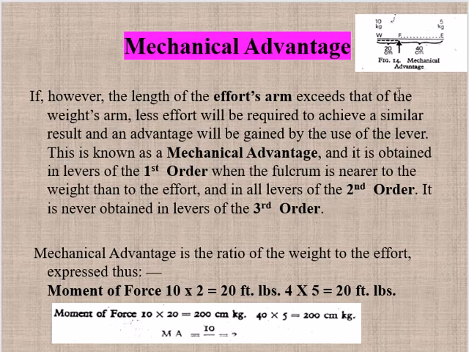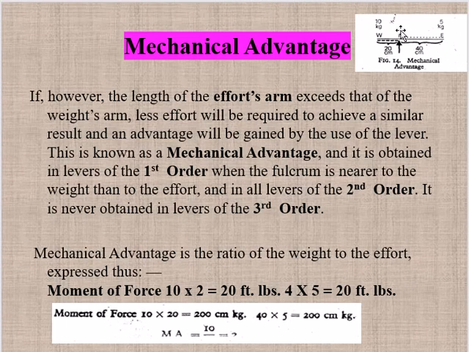Mechanical advantage is the ratio of weight to the effort, expressed thus as moment of force: 10 into 2 is equal to 20 foot-pounds, and 4 into 5 is 20 foot-pounds. Now further we